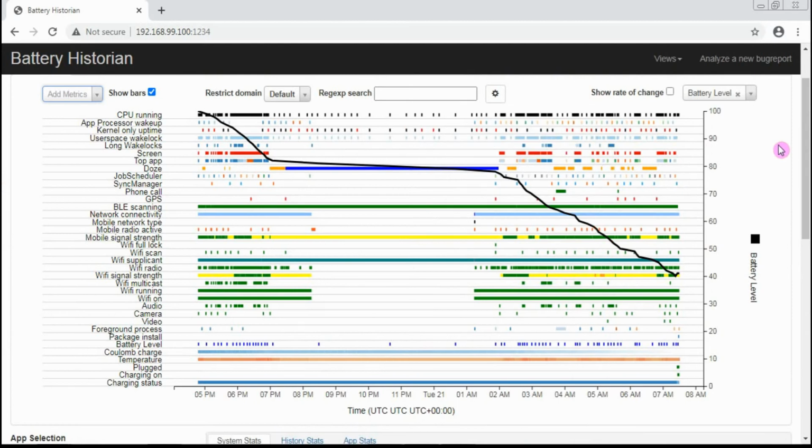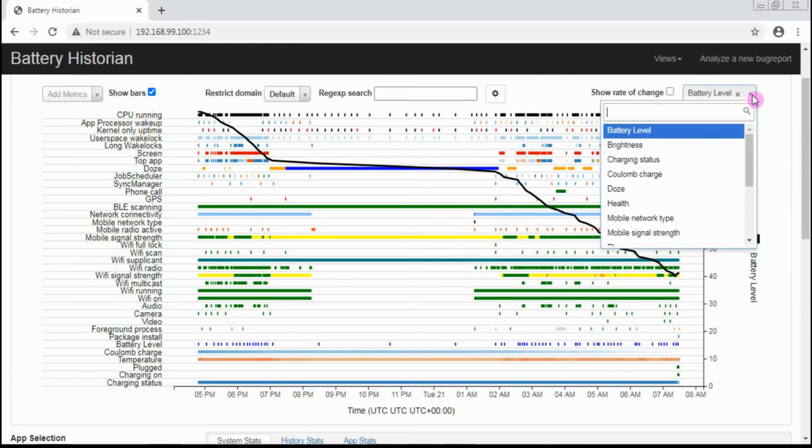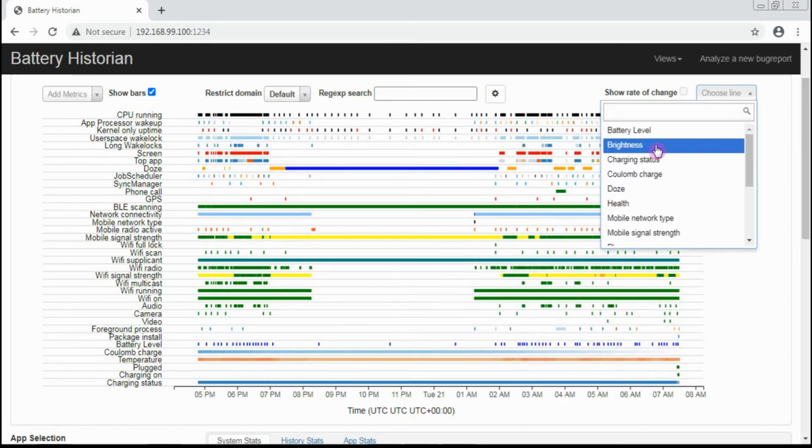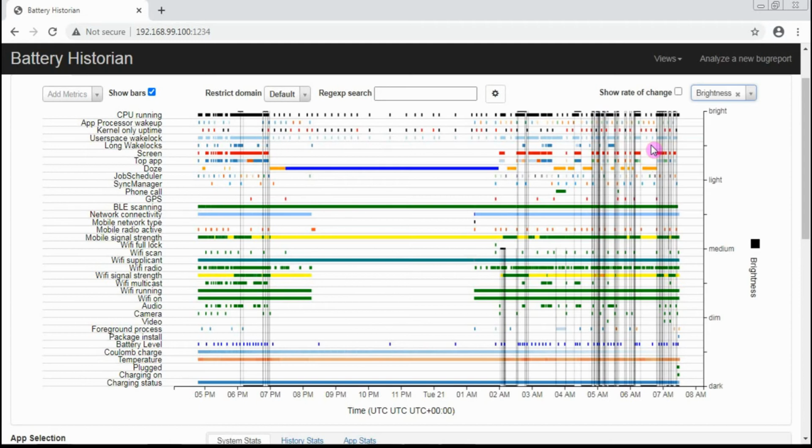Next, we can even check the graph in terms of, firstly, we have seen in terms of battery level. If you want to remove it, we can just press the cross button, and you can see the battery graph has been removed. Next, if you want to add certain things like brightness, to check when your phone was active or when the brightness was high or low, you can add it here.